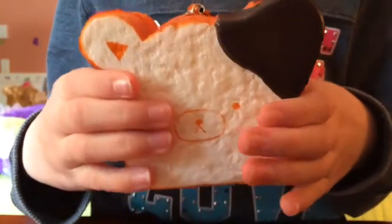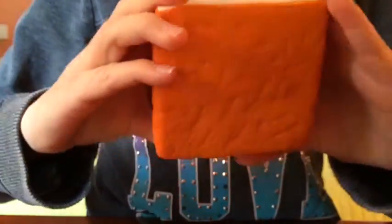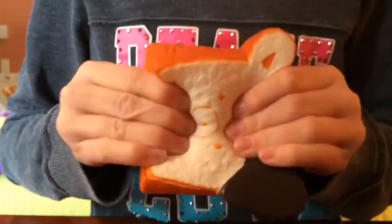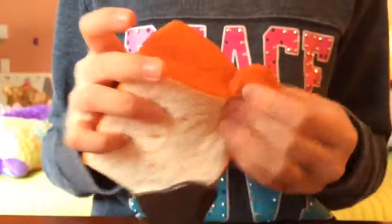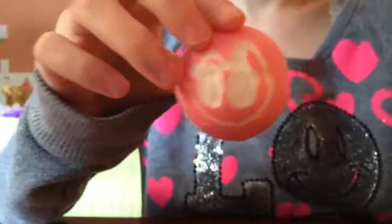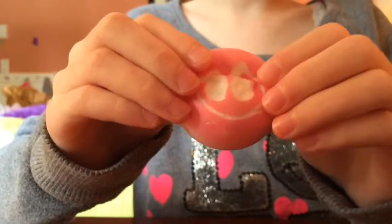So now we have the Rilakkuma bread loaf, which I think is going to be really slow rising. It didn't turn out as I expected, but it's still very hard. Like I feel like there's an ice cube in the middle, but there's not. And I always love squishing over here, and it got squishier. So that's good. And finally we have this pink bread bun, and it's squishier than I expected and more